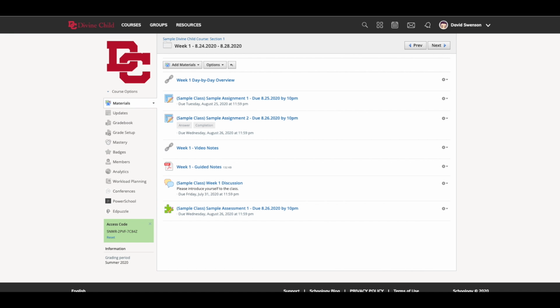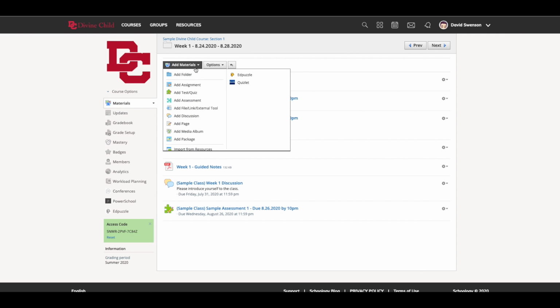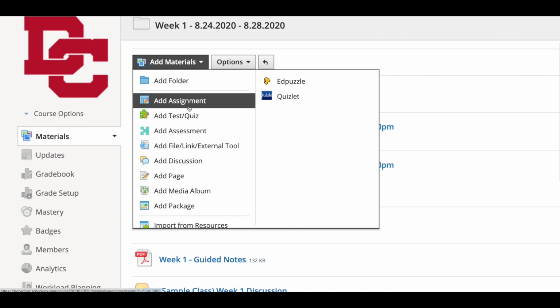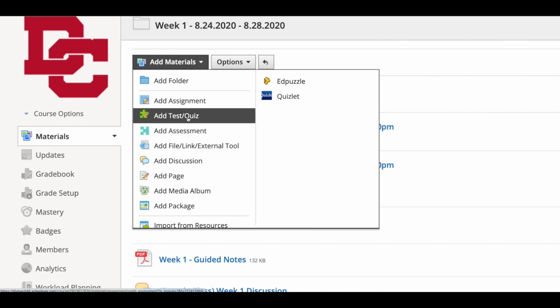The next thing, and maybe something that's critical to many of us utilizing Schoology, we're going to talk about the test and quiz feature. And I do want to point out there are two different ways of assessing your students, if you want to call them a test or a quiz. And if you see, right under the add assignment, we can go add test or quiz or